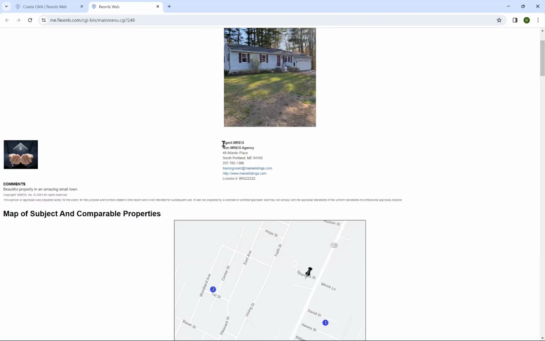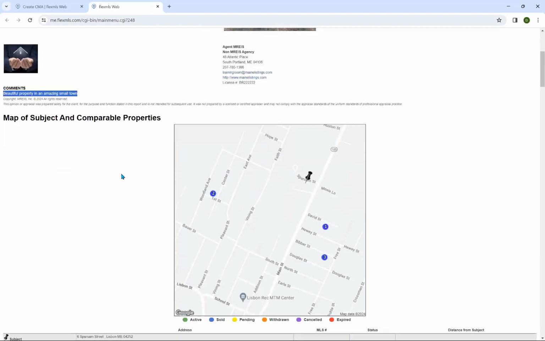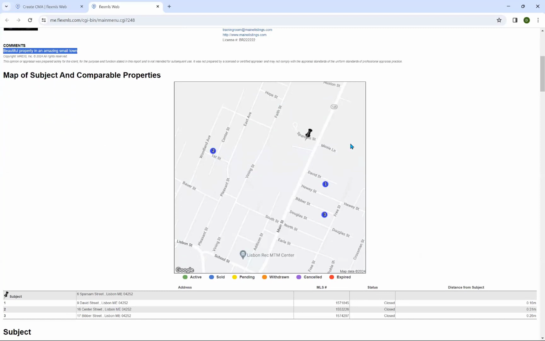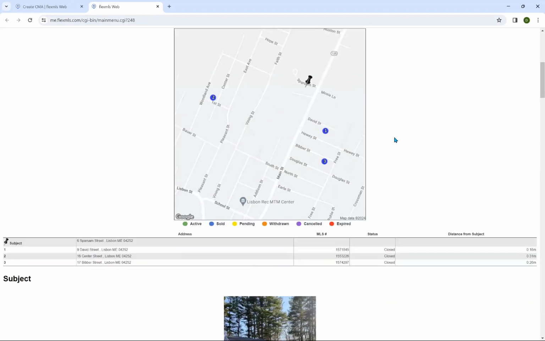Here's the photo. Here's my information, kind of, not really. Here are the comments that I wrote earlier, right? Beautiful property, an amazing small town. Shout out Lisbon Falls. So here's the map. It maps the comparables that you're using relative to your subject property, which I think could be useful. But again, turn it off. If you don't think your client needs this, you can turn it off and save yourself the ink on the